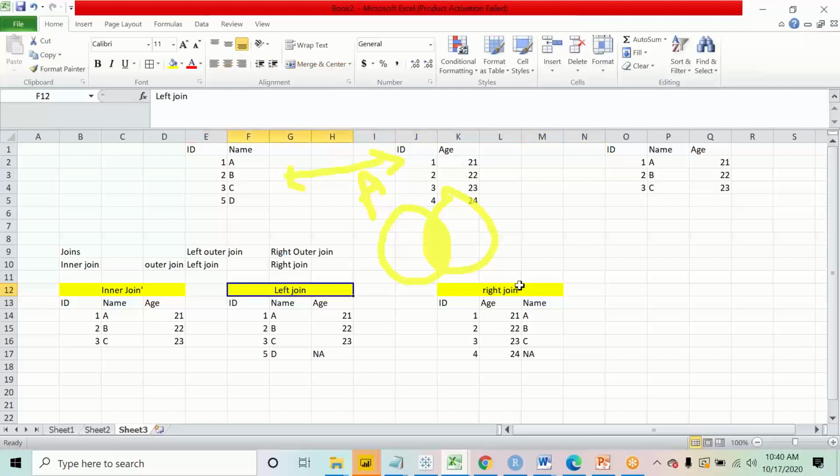So Naveen, left join means all the data from the left table, right? 1, 2, 3, 4, 5. I get all the data from the left table and matching data from the right. What is the matching data? I know the age of 1, I know the age of 2, I know the age of 3. So I'm getting age 1 is 21, he is 22, C is 23. And D, I do not know, because 5's age is not available. So I can't tell what is the age of 5. Can I tell it by looking at the data set? If I ask you, Naveen, what is the age of 5? You will say, Amit, that information is not available. I know only the name of 5. So that is why I'm only getting the name.